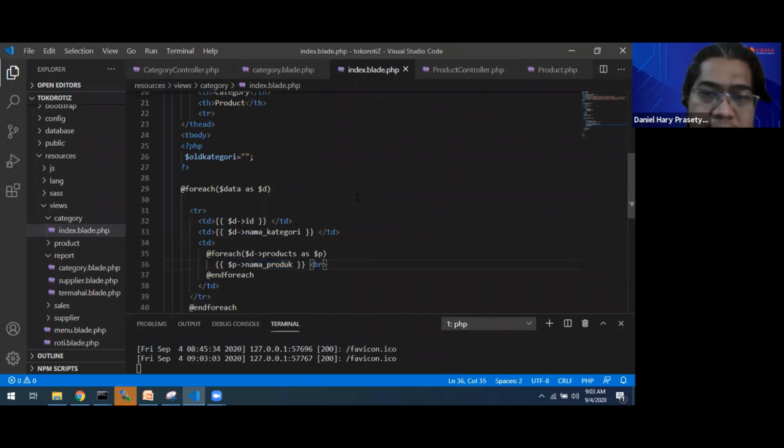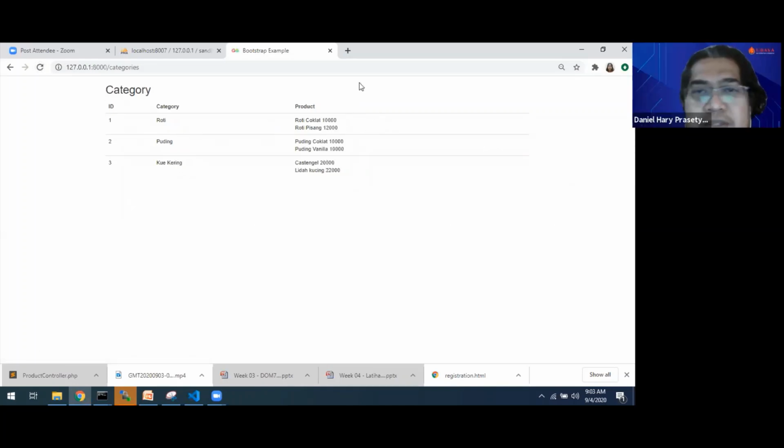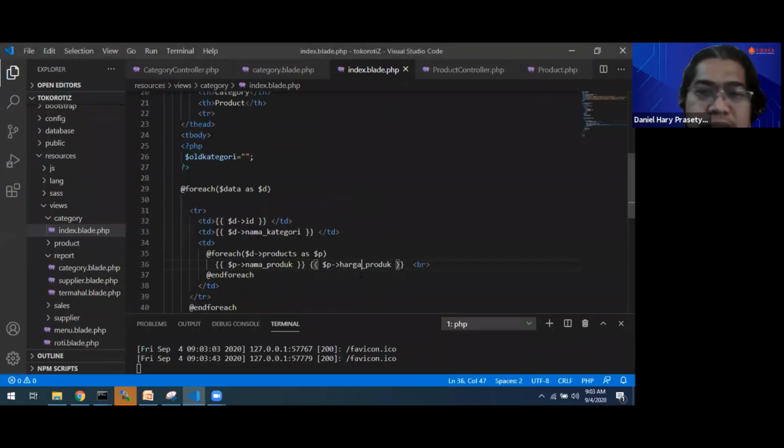For example, if we need to add harga, harga produk, we can also get harga and other fields in the product table. Okay, this is the magic of Eloquent.